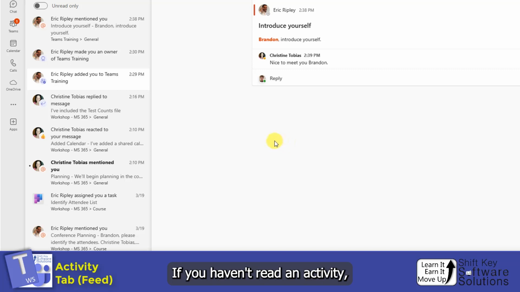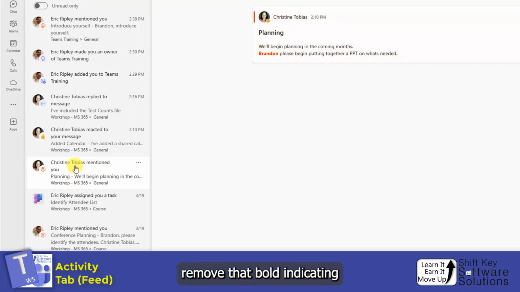If you haven't read an activity, it will appear in bold. Once you select and click on that activity, it then will remove that bold, indicating that you've read it or looked at it. If you find an activity that you want to come back to more quickly, you can mark